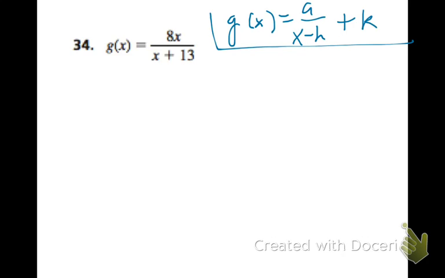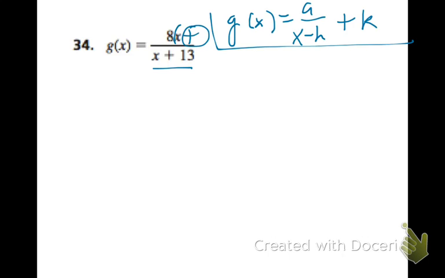So this next technique is related to the one that we just looked at. It might blow your mind a little bit. Okay, so I need to do something up top so that I can match this expression in the denominator, x plus 13. So I know I'm going to need to factor out that 8. If I had a value added to my x that, when I divided it by 8, I got 13, I